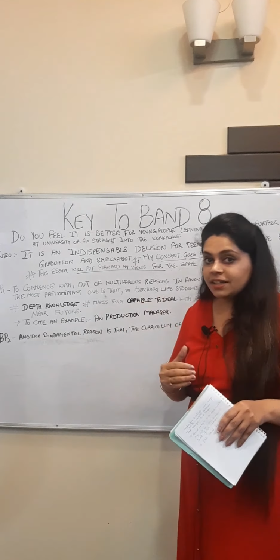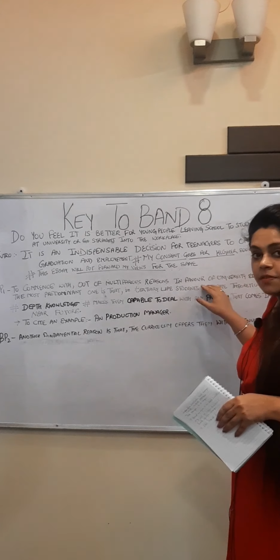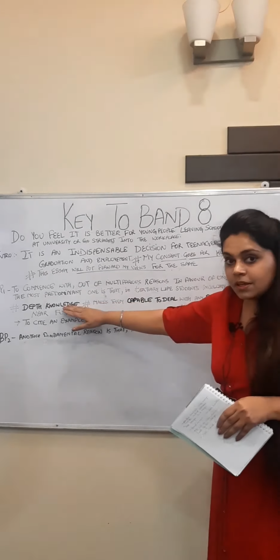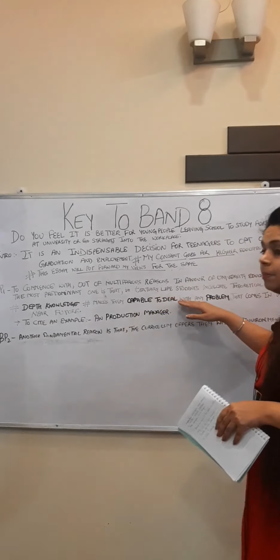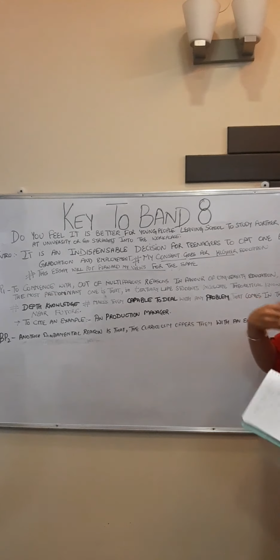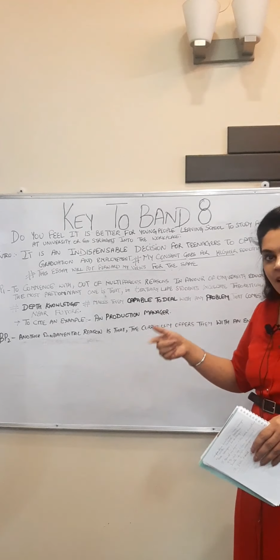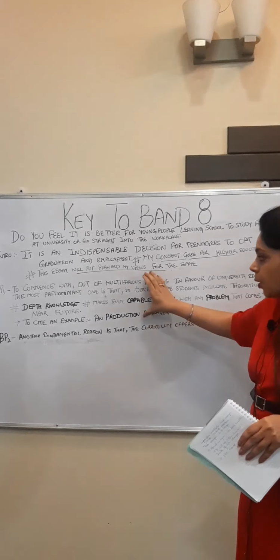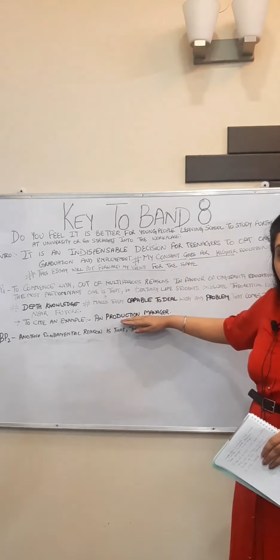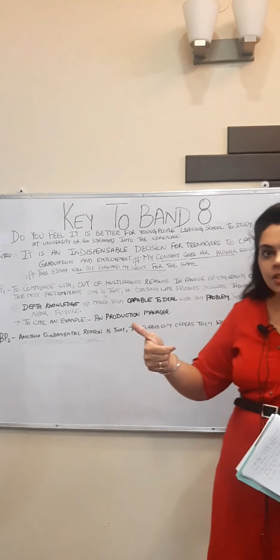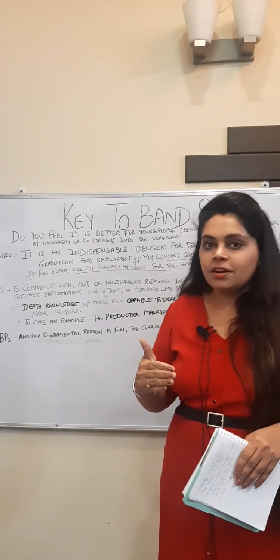So we have interrelated everything that we have in the top. Here we have written that this gives us tertiary knowledge. We have given reasons that they'll now have in-depth knowledge and they'll be capable to deal with the problems that are about to come. And now we have cited an example for the same. Again, the relevancy. See, there is a coherence over here. Like from the starting till here, we have coherence. We are done with task achievement. Again, we have scored 9 on our task achievement. Again, for coherence, we are going in the right direction.